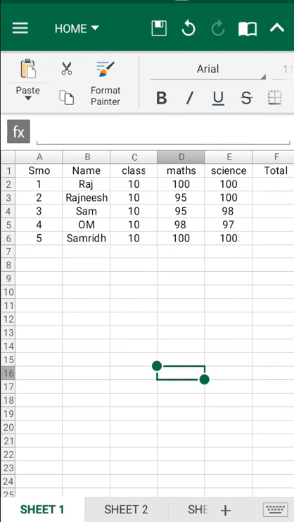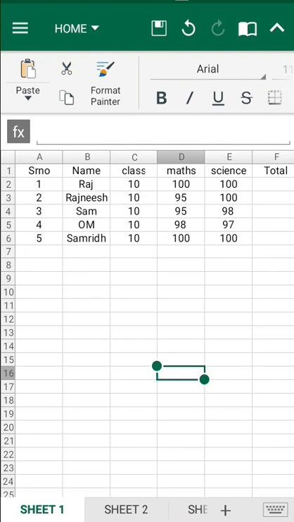For example, I have created a database or a structure where serial number, name, class, math, science, and total are there. The serial number, the name, the class, the maths, the science, these are individual fields in which I will be entering the information of that particular student. Just like the first is the serial number, the name is Raj, and the class is 10th.